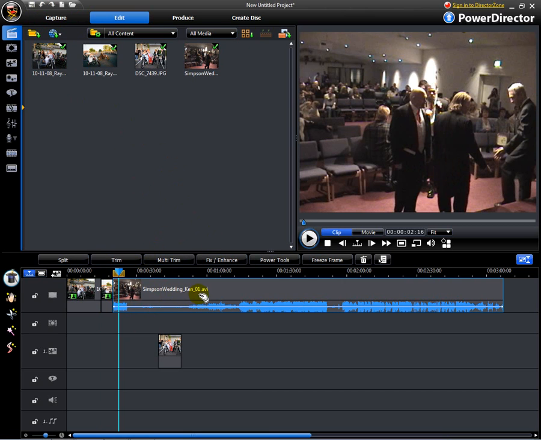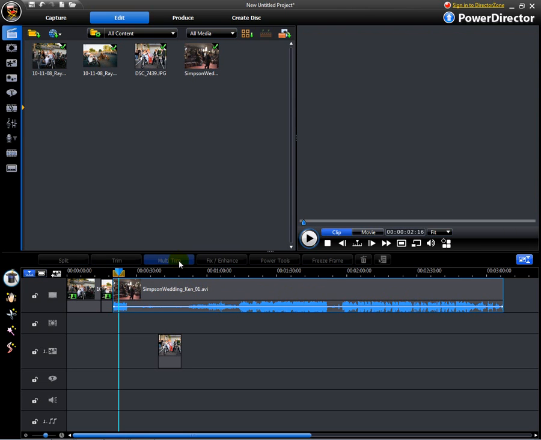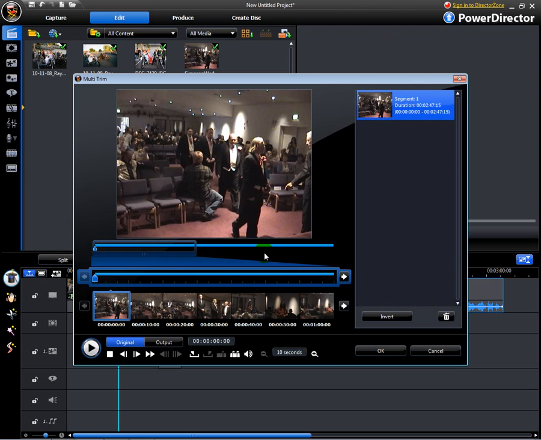Another popular thing people would like to do is not just grab one selection of the entire clip, but get multiple selections, and that's where your multi-trim comes into play. So we're going to make sure we've clicked on the clip right here and click on multi-trim, and a familiar window opens up. There's just a little extra stuff over here on the right side, and this is our first segment, which is basically the entire clip itself. So let's go ahead and pretty much do what we just did before, and